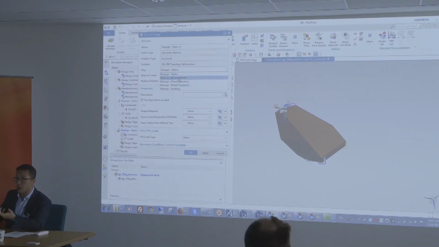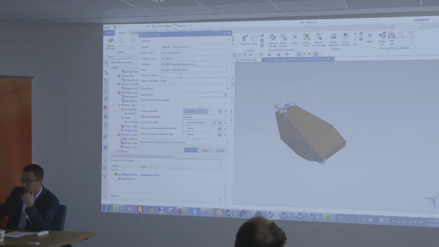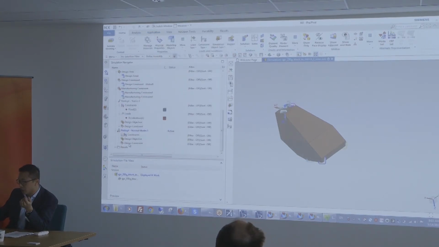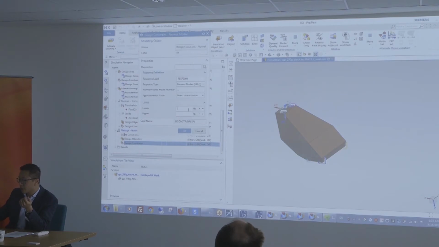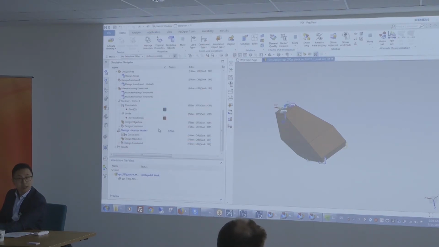But for now, what we'll do is we'll just apply a typical first frequency limitation on it. So I'm extracting the natural modes, and having a constraint that the first mode needs to be at least 175 Hertz. All right. So at this point, we can run the solution, and the solver will take into account all the different steps you've set up. We'll write all the information into a DAT file that you can review afterwards.